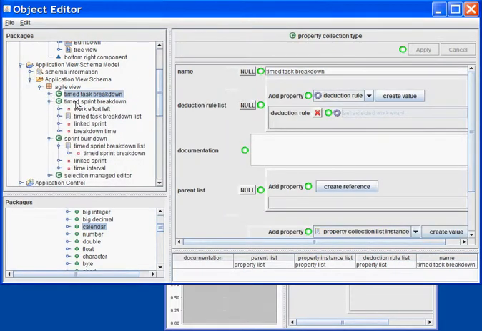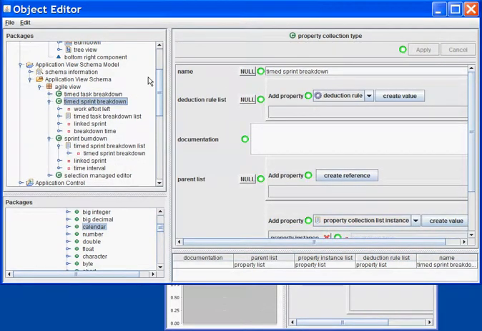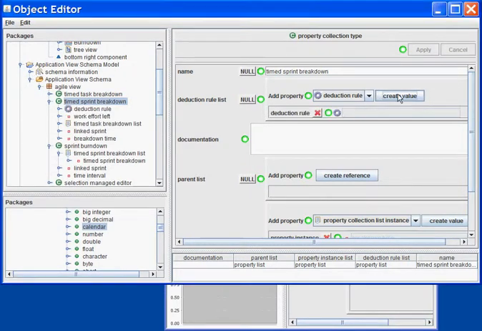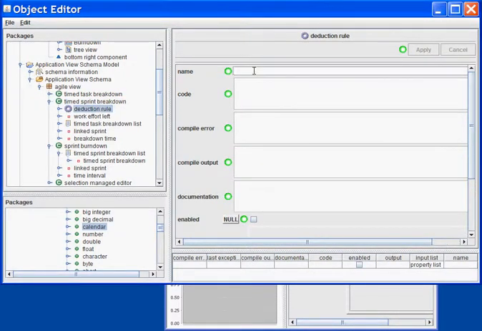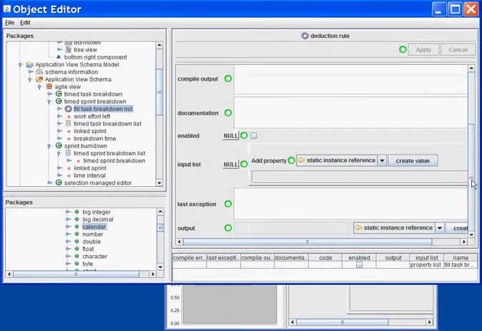And that's it. Next, for my time sprint breakdown, I will create a few rules. The first one will be to create all the task breakdown list. So I will create a rule to fill the task breakdown list. The rule will have a single output, which is